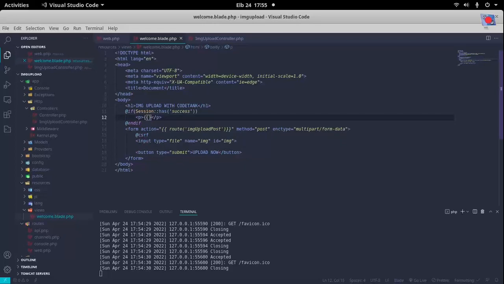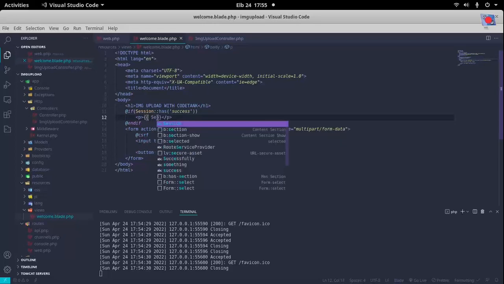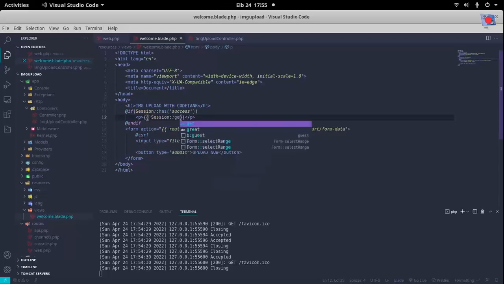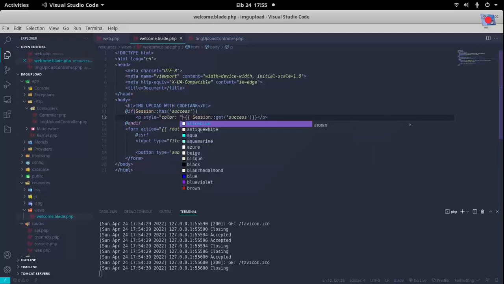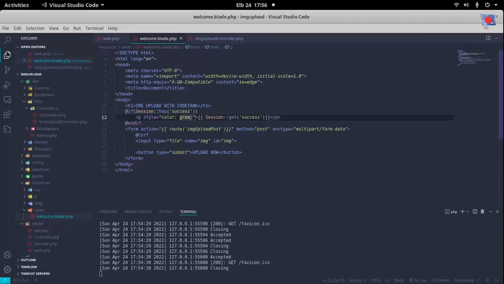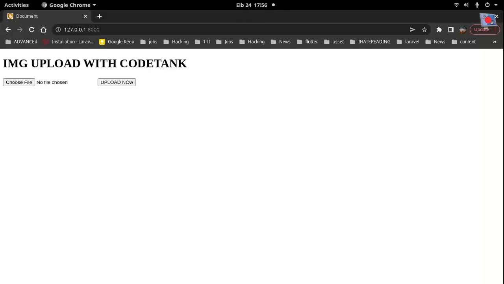we'll display the session get success, right? So let me give it some bit of style. Let me just give it one style. The color, I'll not be focusing much on the styling over here. So the color, let's give it a green color. Now let me refresh this page, and if I upload now, it says image uploaded successful, so we are good